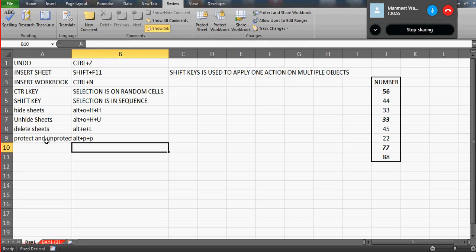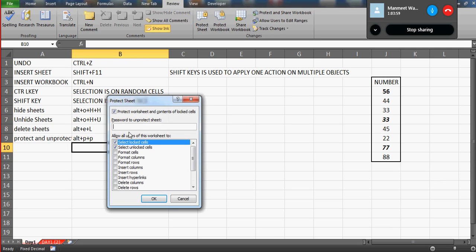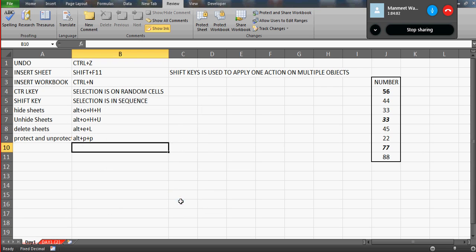Press Alt T P P. See what will happen. Alt T P P. You will be on this window. Otherwise, what you can do is you can go to the review tab,